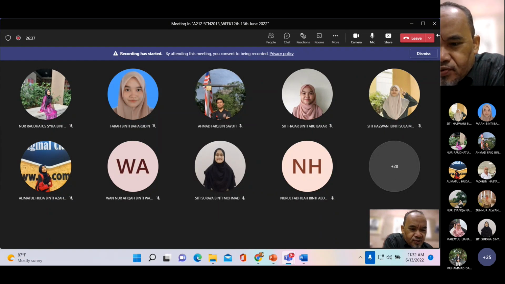What happens during excitation? What is happening during excitation? Is there anyone who can help Hazwani? I just want to gauge your understanding of the experiment. They mentioned the emission, the light intensity, and excitation. What is excitation? What is the difference between excitation and emission? Azwani, can you answer that?